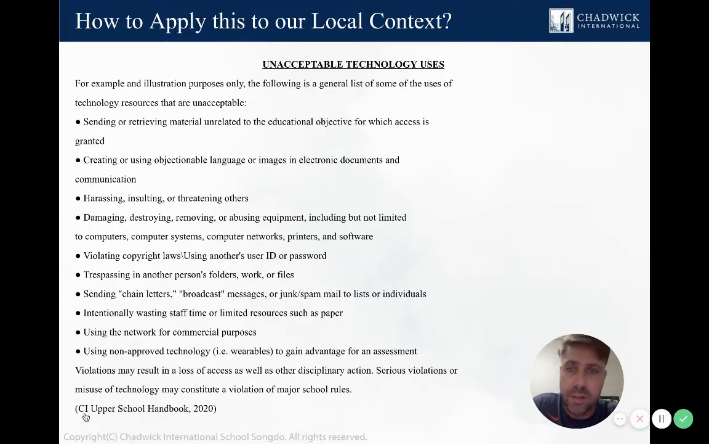We try to reinforce what those things are because they can be ambiguous, especially given the fact that what could be seen as harassing, insulting, or threatening within a Western context may not be seen as such within a Korean context, or we have students who are from the Middle East, we have students who are from Southeast Asia, and again, we try to mitigate these types of things first and foremost by instilling within our kids a sense of community